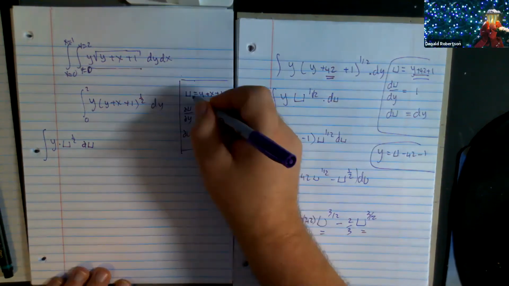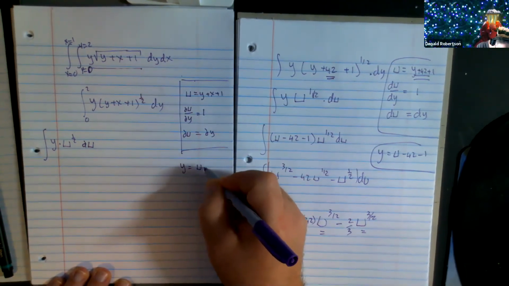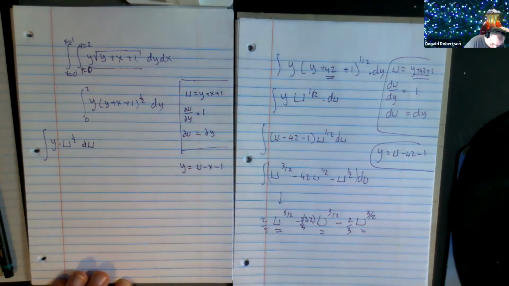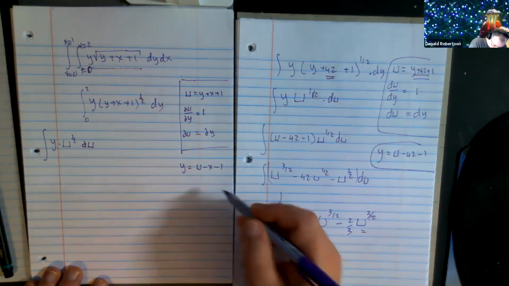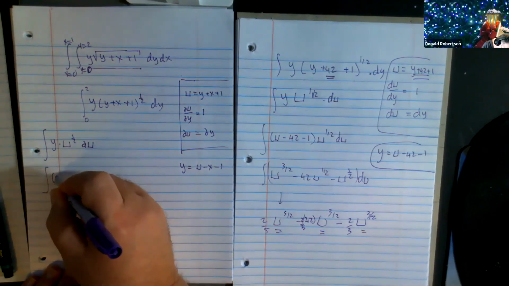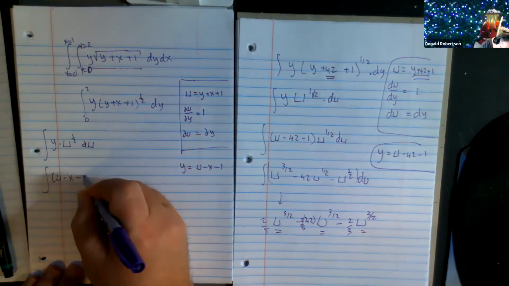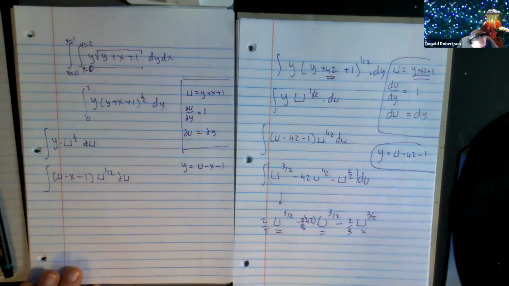Now, if you rearrange this up here, won't y be u take away x take away 1? Great. y equals u take away x take away 1. So this becomes u take away x take away 1, u to the half, du,